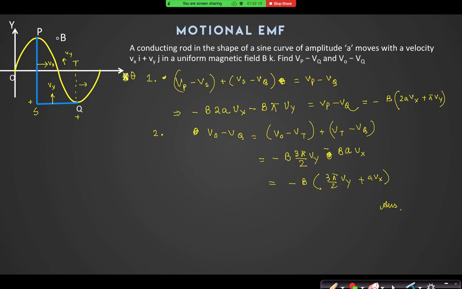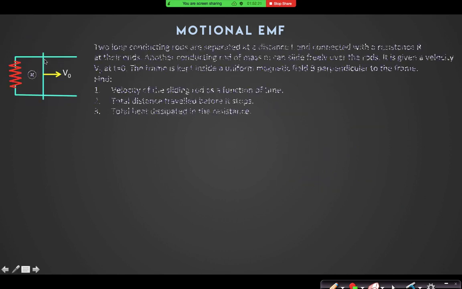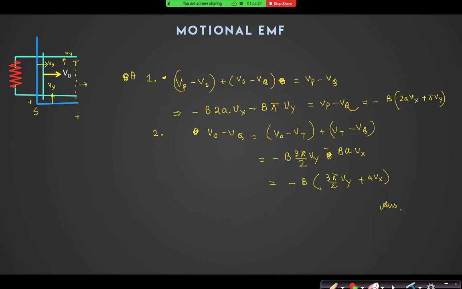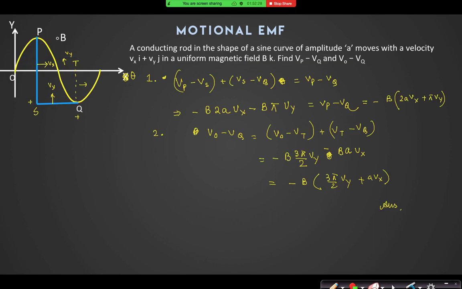Check if it is okay. Yes, sir. All right. Show the answer once more. Okay sir, we can do all of this by vector calculations also, simply. Yes, yes, vector calculation you can also apply.